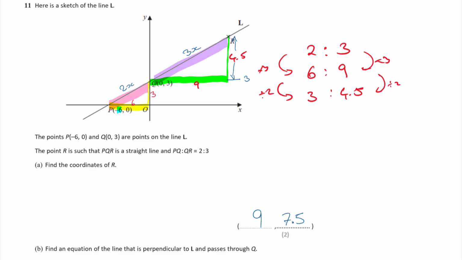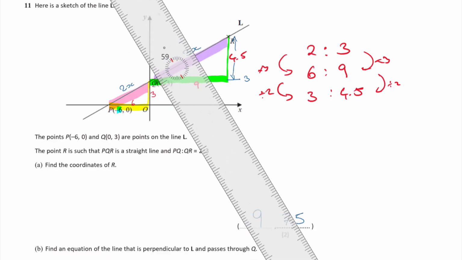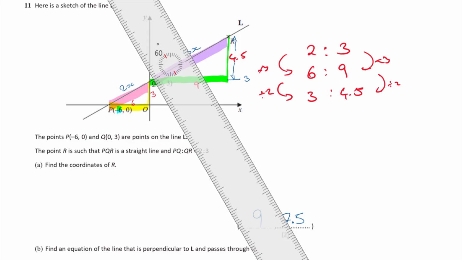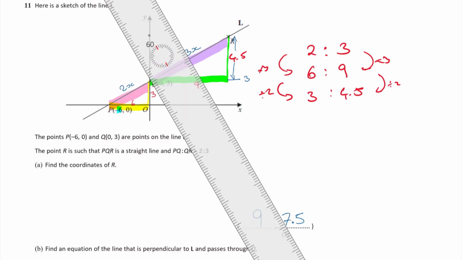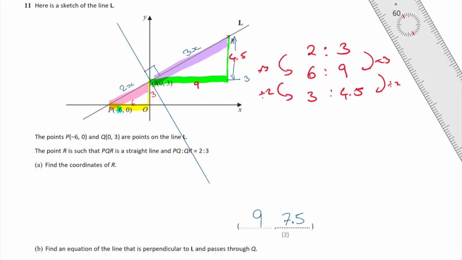Right, and then part B says find the equation of the line that is perpendicular to L and passes through Q. Perpendicular to L and passes through Q. So the line that is perpendicular to L passing through Q is going to look something like this. And that's at a right angle, isn't it? Now to find the equation of this line,